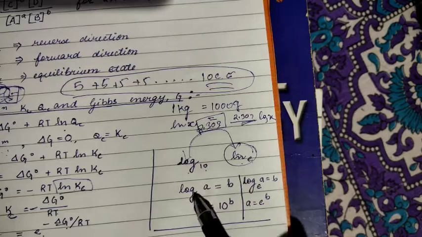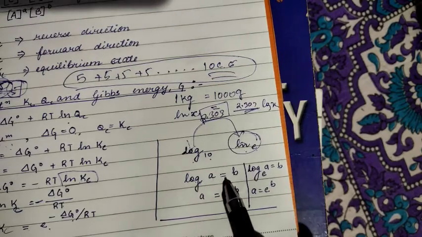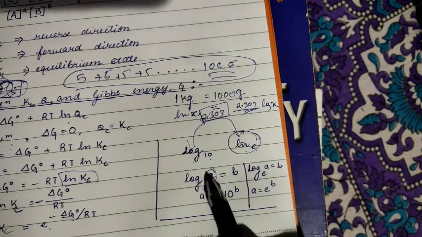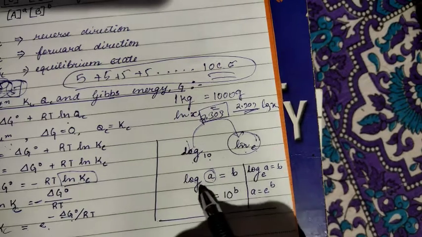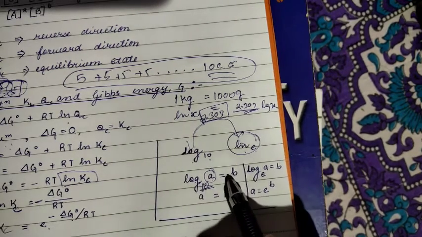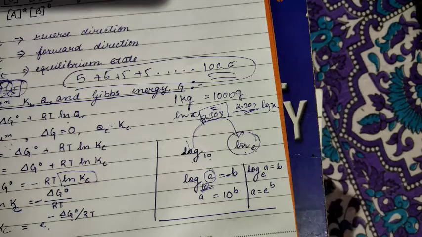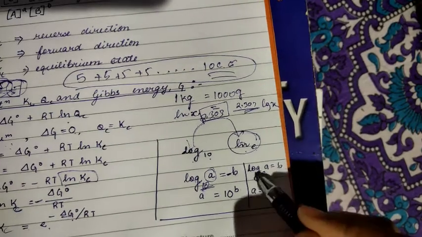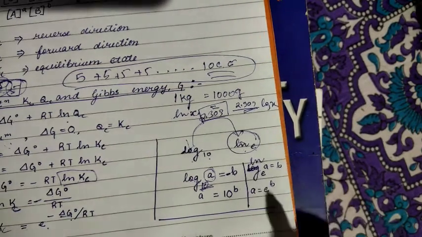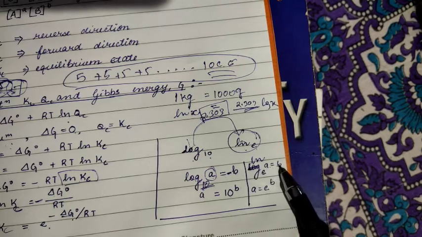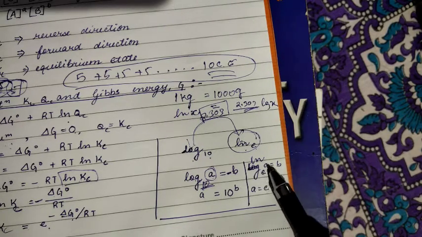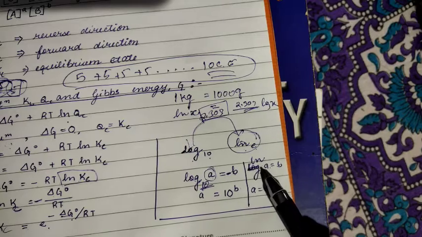Now suppose log a is equal to b. The value of a will be a equals 10 to the power b. So the base, that is the 10 present here, will go here and become the base, this is the subscript actually, and b will become the power. Similarly for ln, sorry, this is ln. So for ln a, a base e equals b. Actually we do not say a base e, this is just to clarify for you.